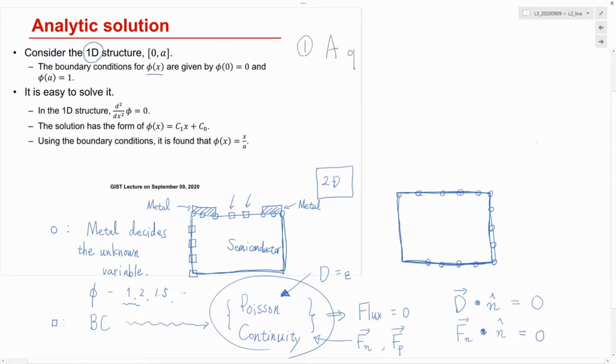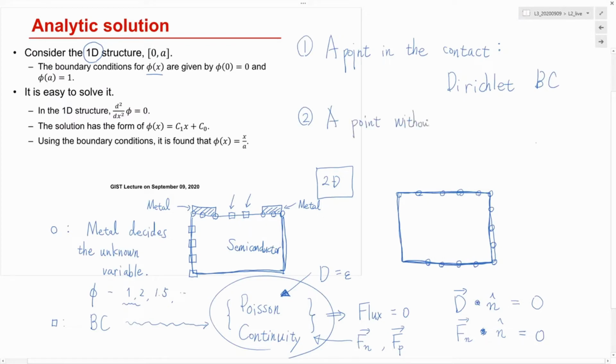A point in the contact, then we will assign a value. Therefore, this is the so-called Dirichlet boundary condition. And a point